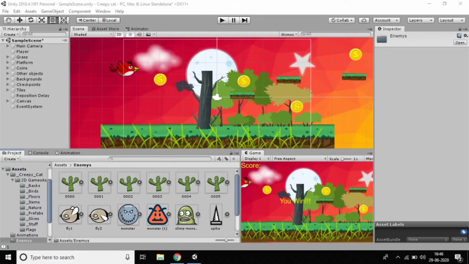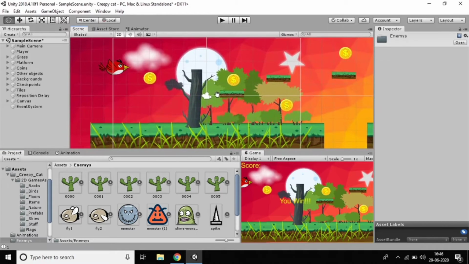So we downloaded so many enemies from different websites, which you can find in the description, and they are all free. So now my task is I want to add them to my game window. Just how to add these enemies into your game window, that means the scene window. First of all we need to add them to our game, right?